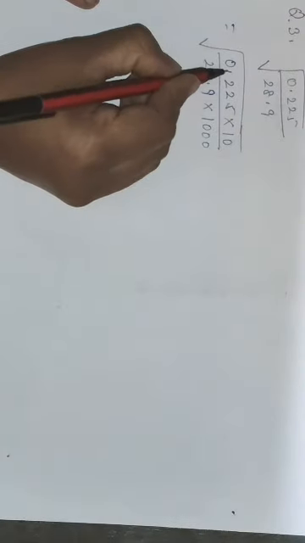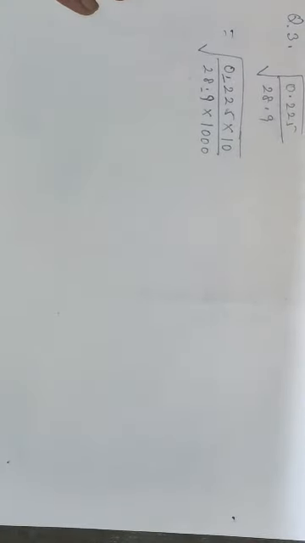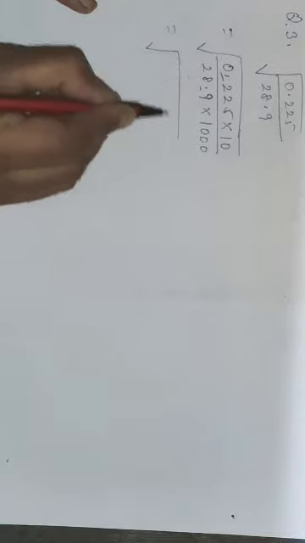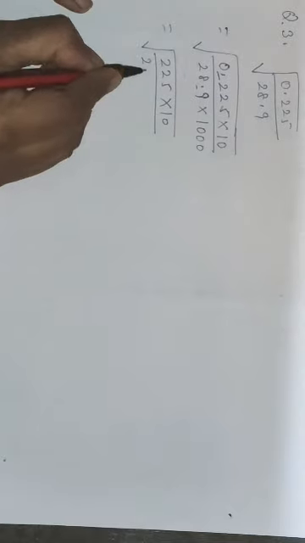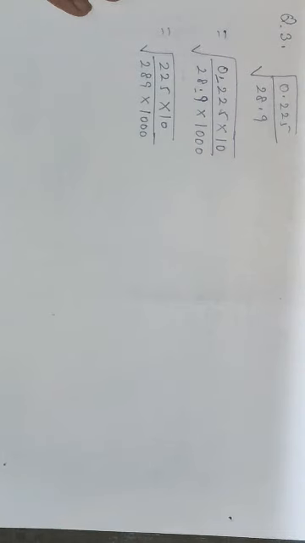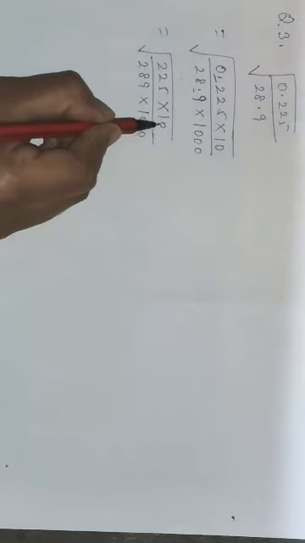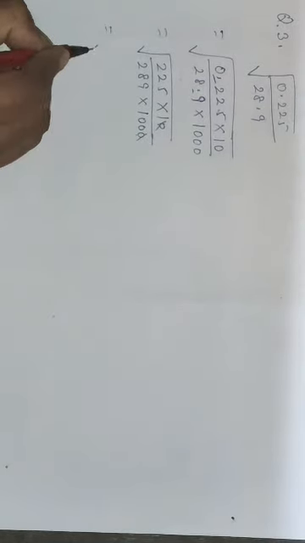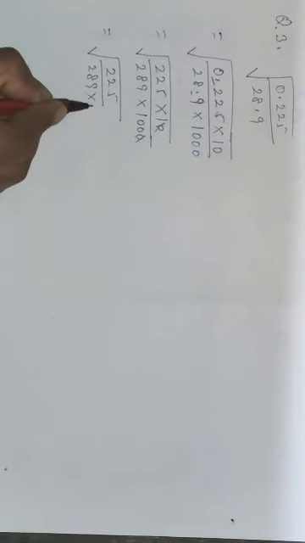Okay. So this is how we have removed the decimal, this decimal and this decimal from both numerator as well as the denominator. Now let me write it separately now without the decimal sign. Because we have removed the decimal after adding zeros and 1. So I am removing the decimal from the question. Okay. Now I have written the question without the decimal sign. Now the next step is to do the calculation part. As you can see, 10 here, 0 is also here. We can cancel both zeros. Now I am left here with 225 by 289 into 100.